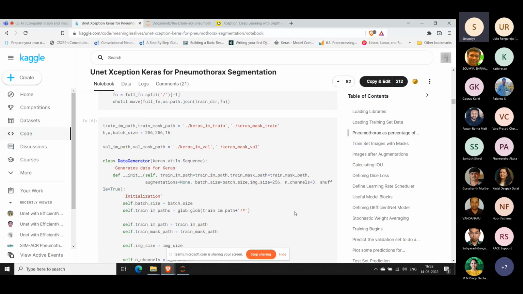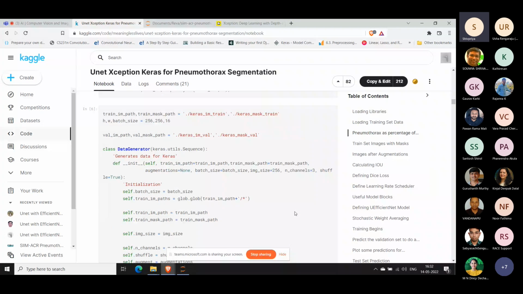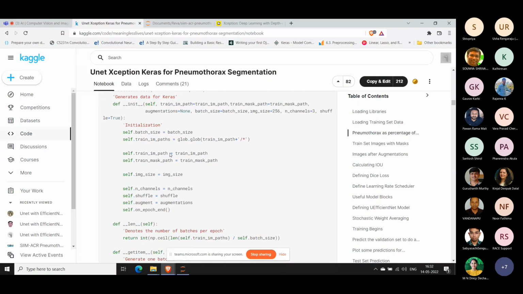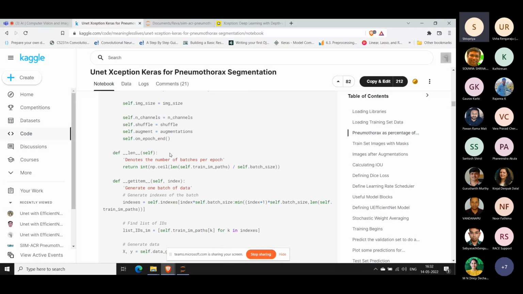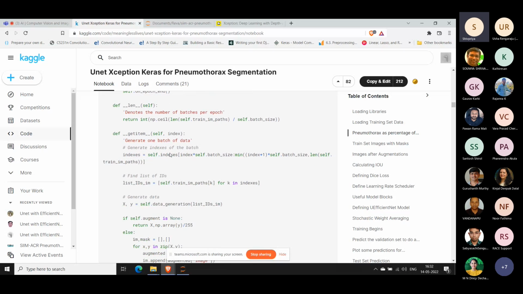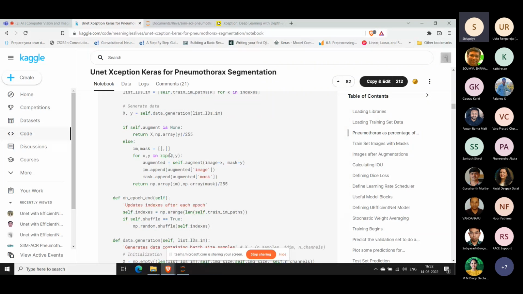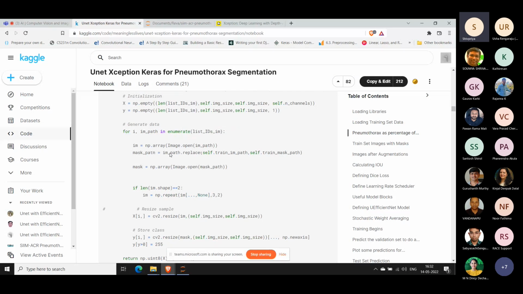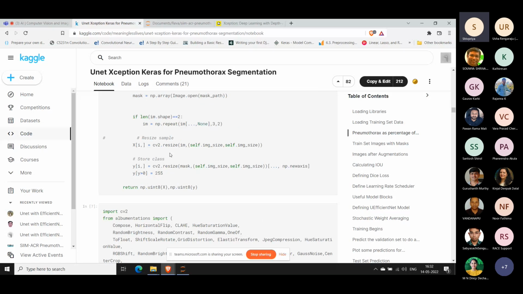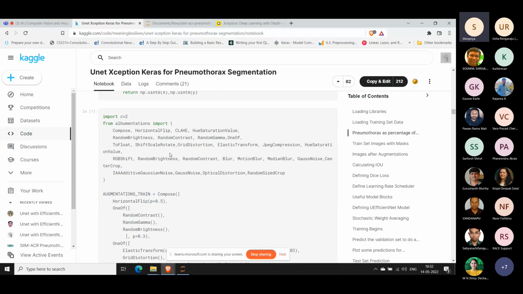After that, they are taking all the files and putting them into folders for validation, etc. Then you have a data generator, which I believe you said is outdated, right? So the image path is determined, whether there are augmentations, whether it will be shuffled, and how many channels, are defined in the functions in the class. Then there's an iterator as well, and an epoch, and a lot of instantiations for the data generation. And then there's a library called